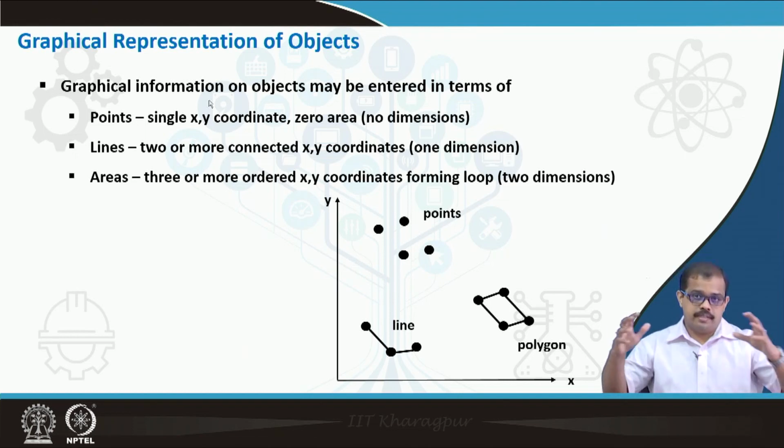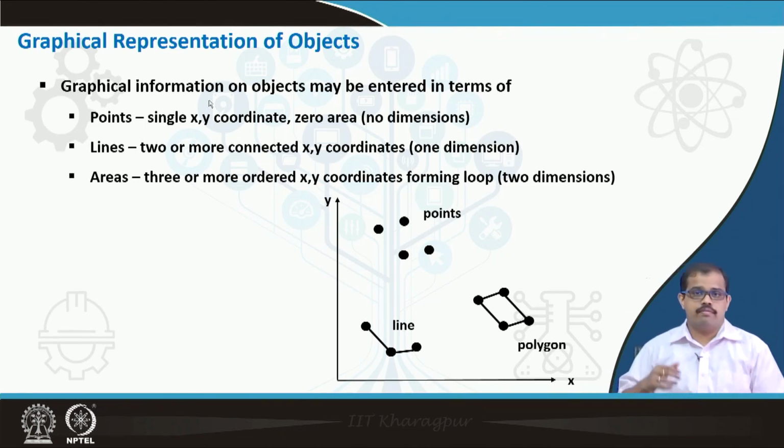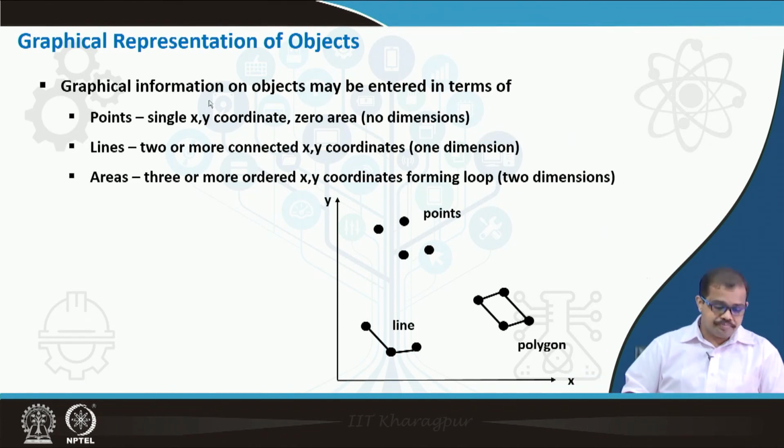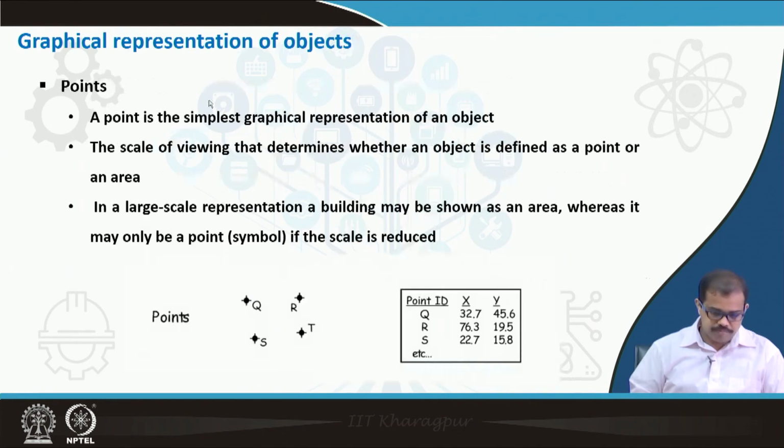If you are representing the entire dimension of where you would actually stay, then it becomes a polygon. Your house is nothing but a polygon. A number of connected lines is nothing but a polygon. A number of points can be represented as a line, and a number of line segments is then represented as a polygon. So connected line segments, a closed line segment, is nothing but a polygon.